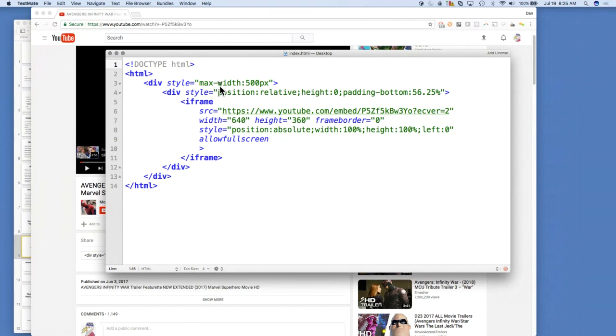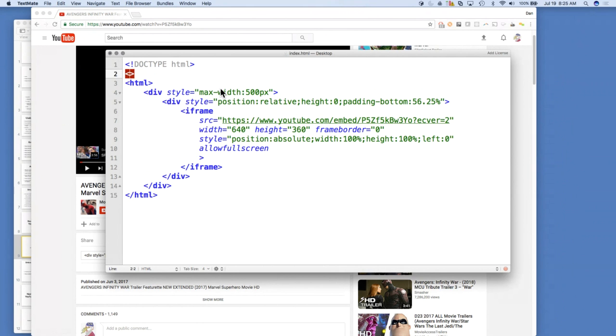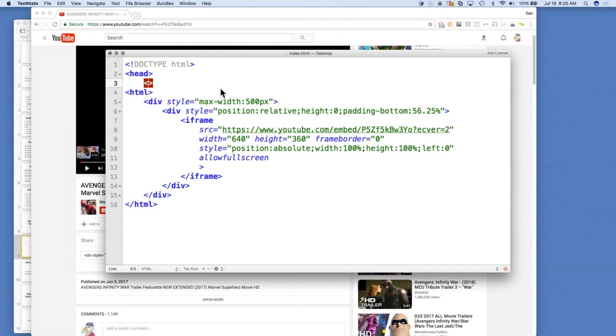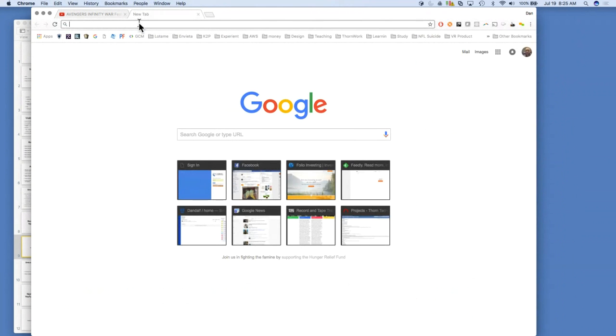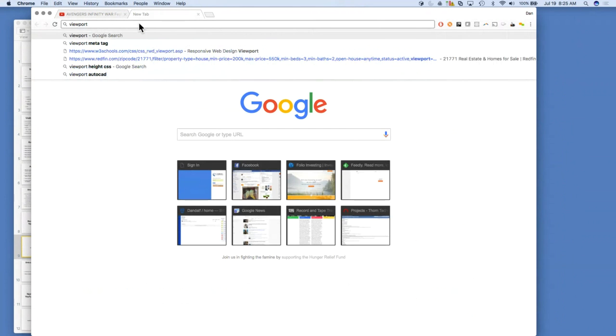And also from last class, if we wanted to make it more responsive, 500 pixels means different things on each screen. Remember, some screens have the pixels packed in a lot tighter, so 500 pixels would seem a lot smaller per inch. So inside of our head, we should put our viewport tag. I always need to look this up. Let's see. Viewport